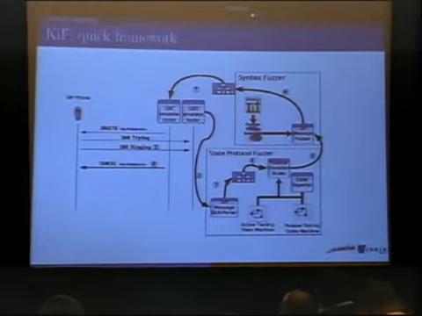KIF is divided into two main components. First, the syntax fuzzer, which is the one that I explained, and the state protocol fuzzer, which I will explain in the following. Whenever we receive a message from the phone, we parse it, get the tree representation, and give it to the stateful